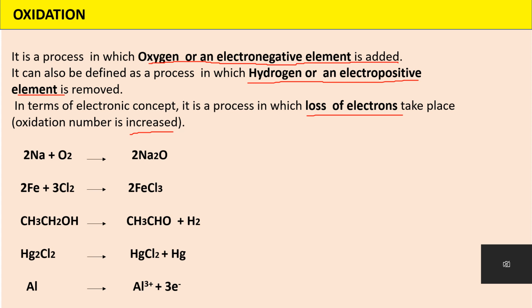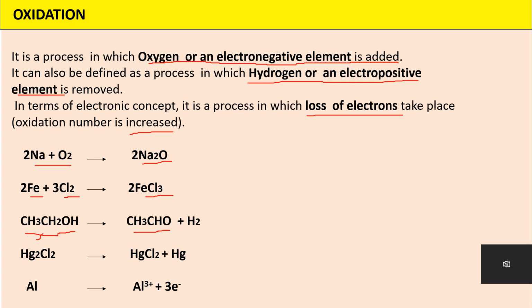In the first example, we can see sodium combines with oxygen. So this is oxidation of sodium to sodium oxide. In the second reaction, chlorine, which is an electronegative element, combines with Fe. So this is oxidation of Fe to FeCl3. In the third reaction, hydrogen is removed from CH3CH2OH, which is ethanol, to form ethanal, CH3CHO. So removal of hydrogen is